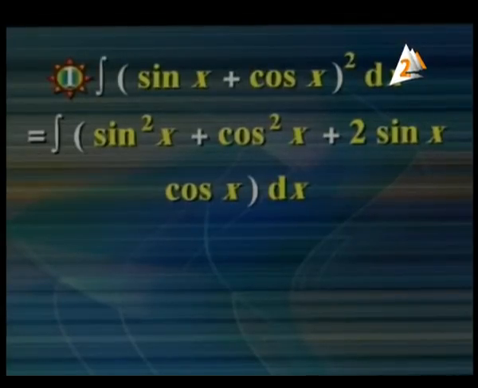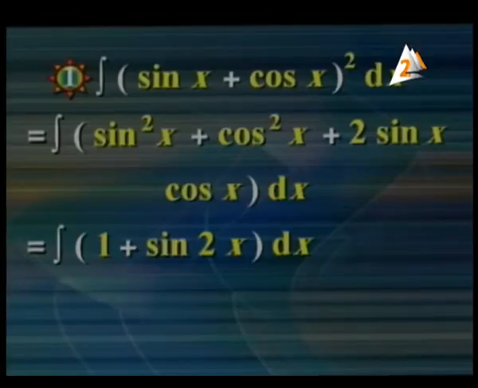The bracket sine x plus cosine x all to the power 2 becomes sine square x plus cosine square x plus 2 sine x cosine x, dx. Remember, you know that sine square x plus cosine square x equals 1. Excellent, student. 1 plus sine 2x. Why? Because 2 sine x cosine x is